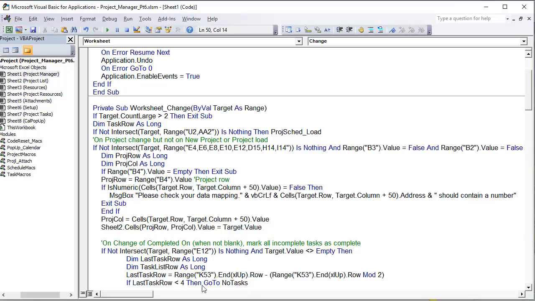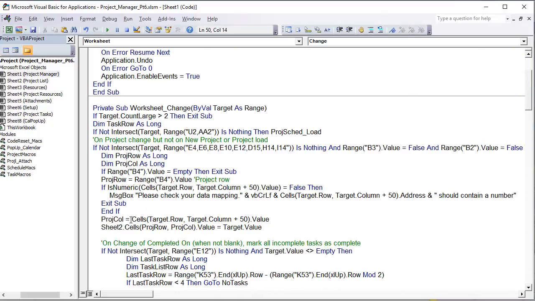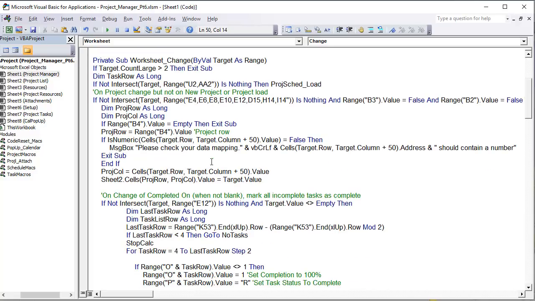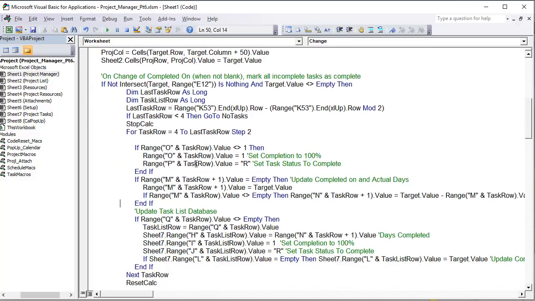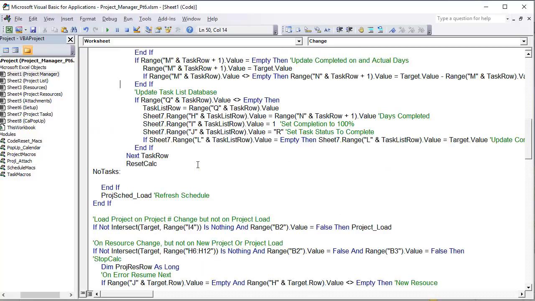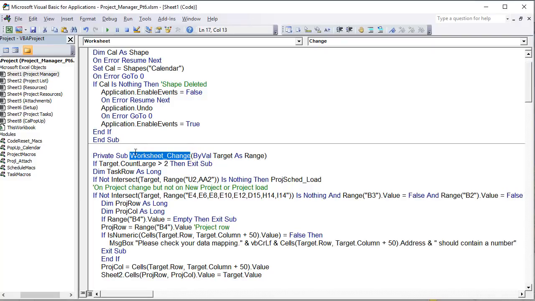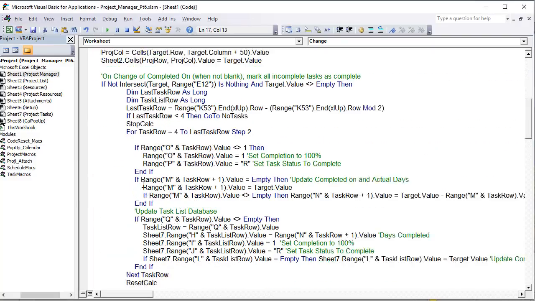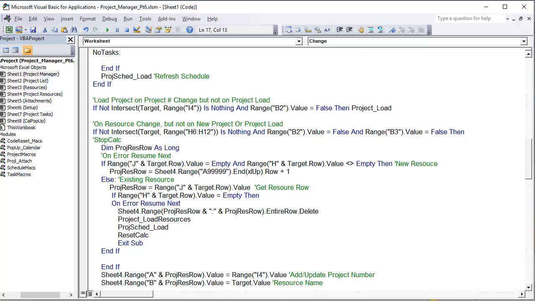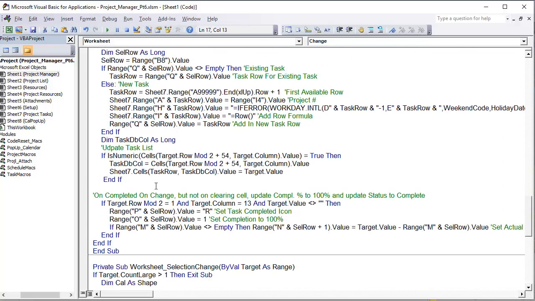Well, we did that just in VBA. So let's take a look. And of course, this is on worksheet change because the user is actually making a change. And of course, we want to make sure that we're focused on specific values. So if they make a change, we need to look for that. So let's take a look at that. And we can see on worksheet change, since we're actually making a change to the worksheet, in fact, it's 54 rows down. So let's take a look down here, scrolling down all the way, we'll see update the task list,